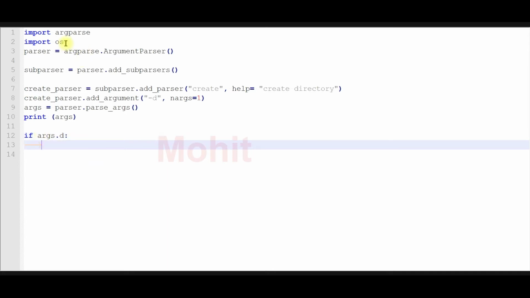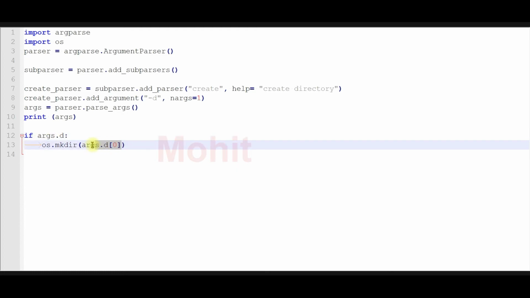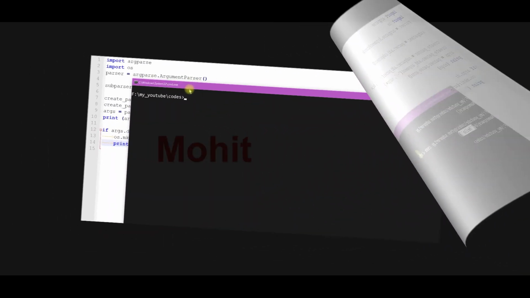So you can see I have imported the OS module, os.mkdir and whatever the directories, d, because this represents a list. With this syntax, I'm getting the first item of a list, that is a directory name. And in the end, I'm writing a message. Done. Now let's run.